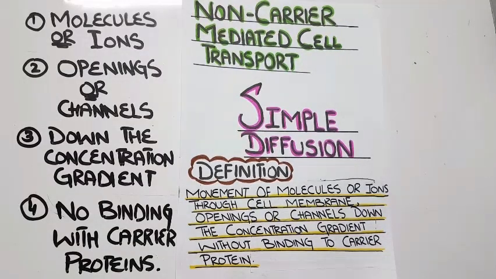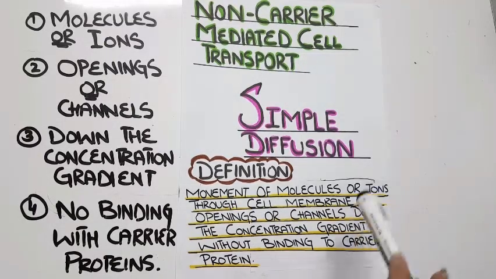Simple diffusion. It is defined as the movement of molecules or ions through the cell membrane openings or channels down the concentration gradient without binding to carrier protein. Now, if we divide this whole definition into different parts, it will tell us the different